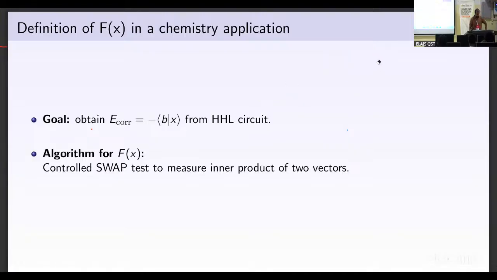Okay, as I mentioned, I'll show an example of finding the overlap between two separate quantum states using an algorithm called the controlled swap test. It measures the inner product of any two vectors, and how it does it is,